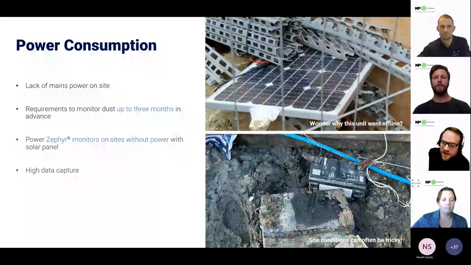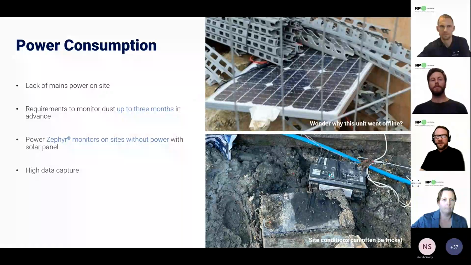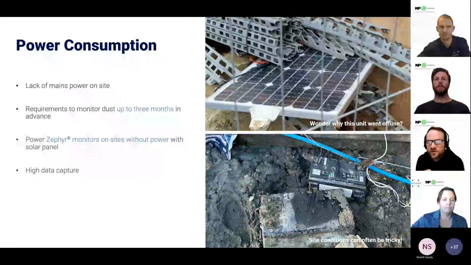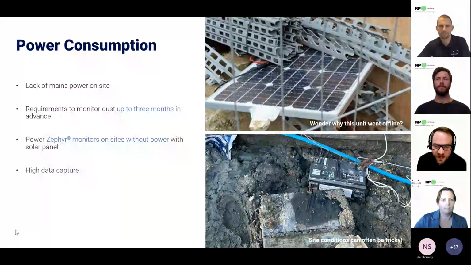One of our manufacturers did have an answer to this problem and does supply a solar solution to their system. The panels are approximately 1 meter by 2 meters. 2 of these are needed for each monitor. The controller for them weighs 5 to 10 kilograms, and the system cost is $3.5 grand, give or take, on top of the dust monitors themselves. Enormous panels and almost the price of another monitoring sensor.